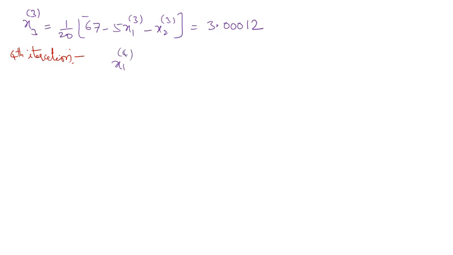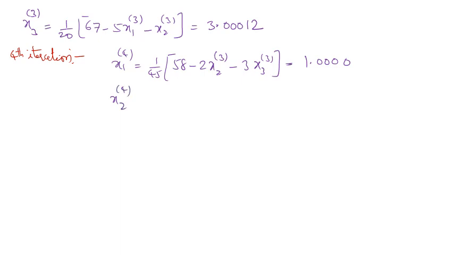X1 value at the fourth iteration is equal to 1/45 (58 minus 2x2 at the third level, minus 3x3, also at the third level, previous level values), and this result is 1.0. And x2 value at the fourth iteration is 1/22 (47 plus 3x1). Now x1 is known at the fourth stage, so 4x3 is known at the third stage only, and the result is